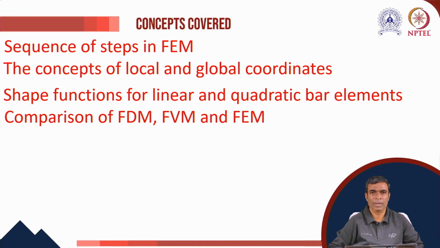Next, we shall derive the expressions of shape functions for the two-noded or linear bar element, and then we shall provide the expressions of shape functions for a three-noded or quadratic bar element. Next, we shall compare similarities and dissimilarities of the finite difference, finite volume, and finite element method. And then, by considering the Poisson equation of heat conduction, we shall show how finite element method differs from the